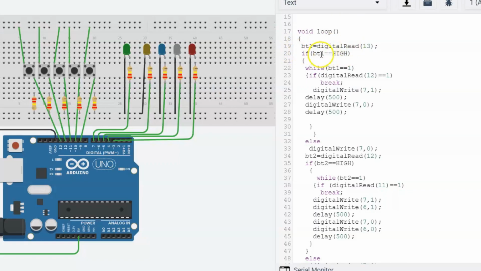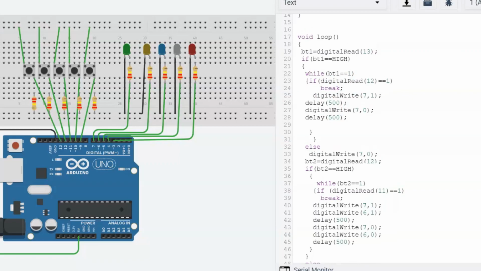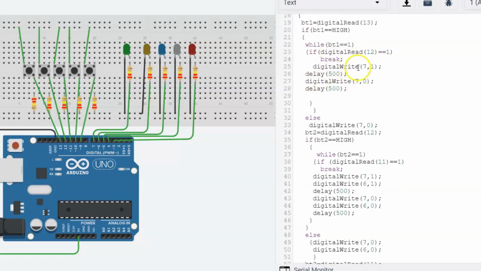And then we will check if vt1 is equal to HIGH, then while vt1 is equal to HIGH, this loop will run, meaning until the value stored in vt1 is 1, this loop will keep on working. And in this loop I have given one statement: if digitalRead of 12, means if the signal at digital pin 12 is high, equal to 1, then this loop will terminate, break.